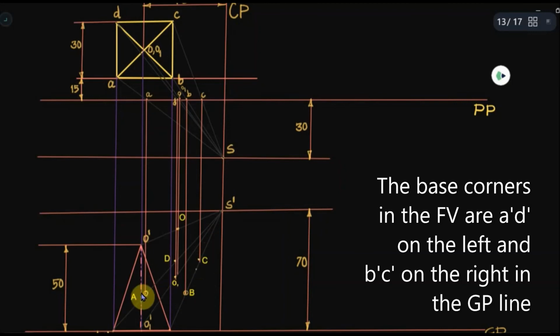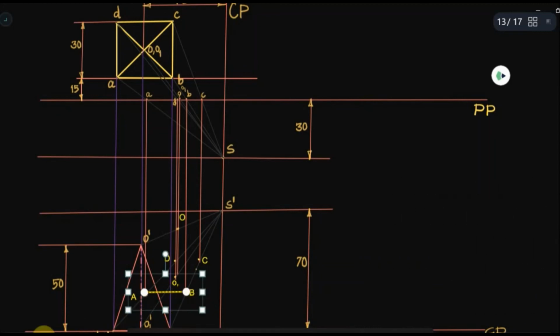So now we have got A, B, C, D and O, and O1, that is the geometric center of the base. See, that is in fact the same vertical projector through O, so that is now intersecting with O1 dash S dash at the point O1. See, it's here. So now what we can do is we can connect them. AB is the edge which is nearest to the picture plane and is parallel to the picture plane also.